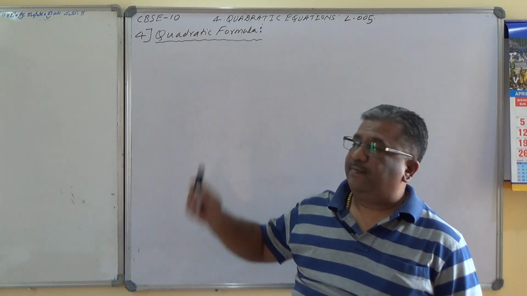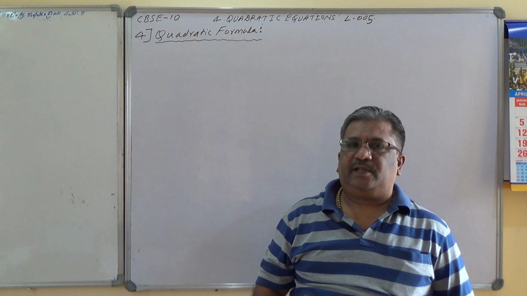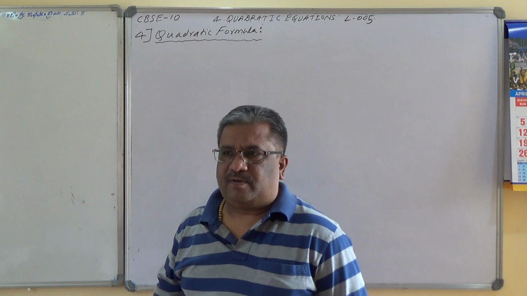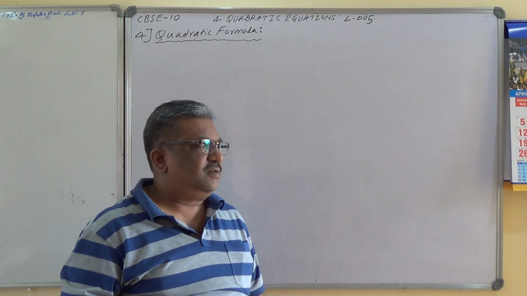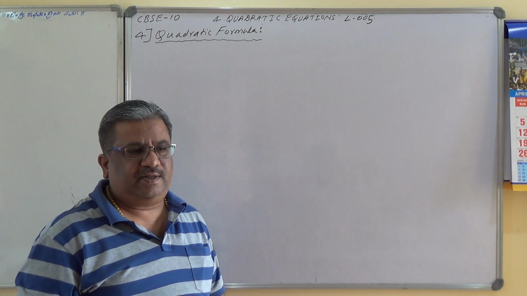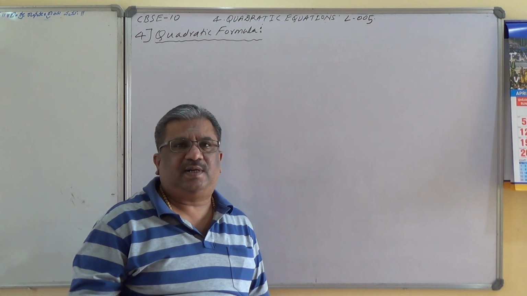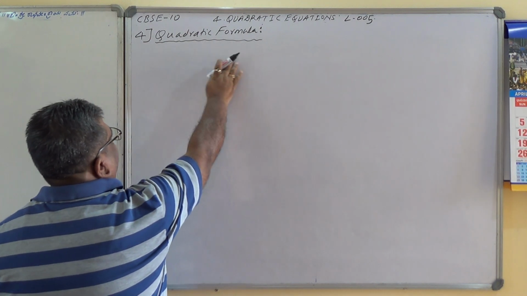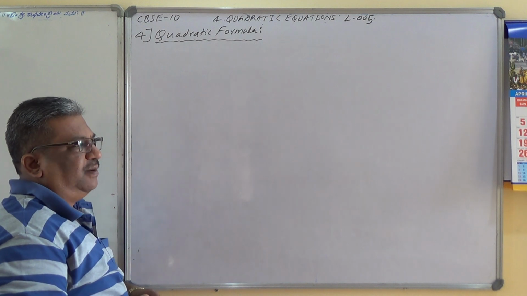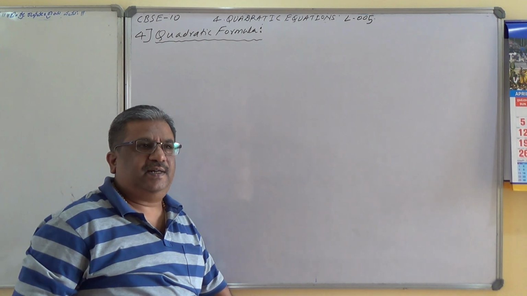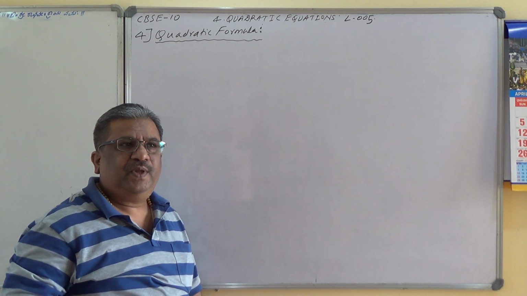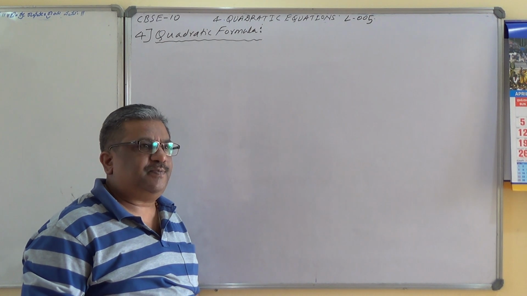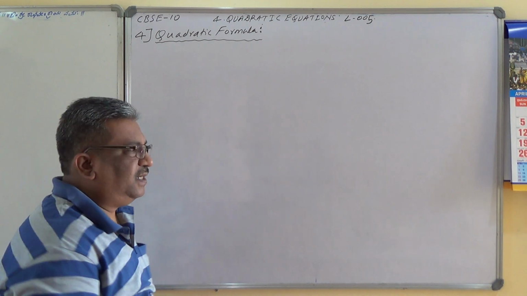Let us begin with concept number 4, that is how to solve quadratic equations by using the quadratic formula. So let me derive the expression for the quadratic formula first and also decide upon the nature of roots, how to decide the nature of roots, and then we will start solving the numericals. So how to derive the expression for the quadratic formula? The method used is the completing square method. Even though it is discarded from your current syllabus, we have to use the completing square method to derive the expression for the quadratic formula. So let us see how to do that.